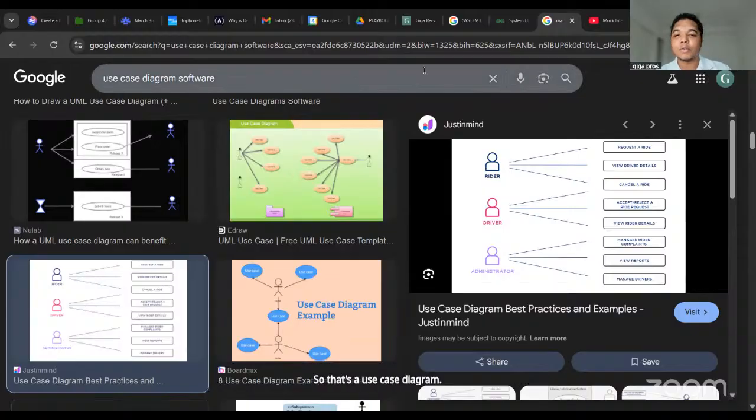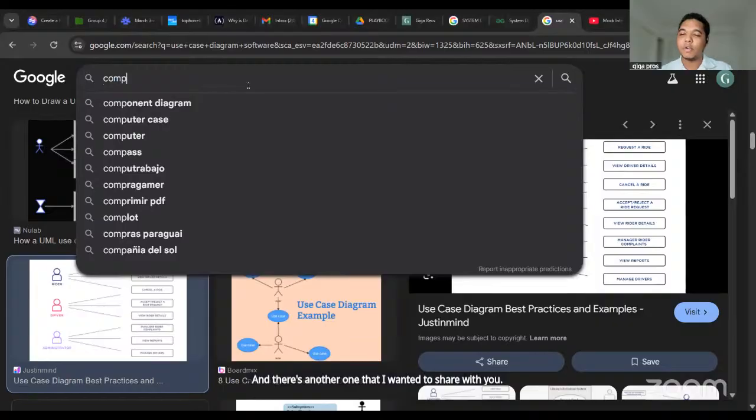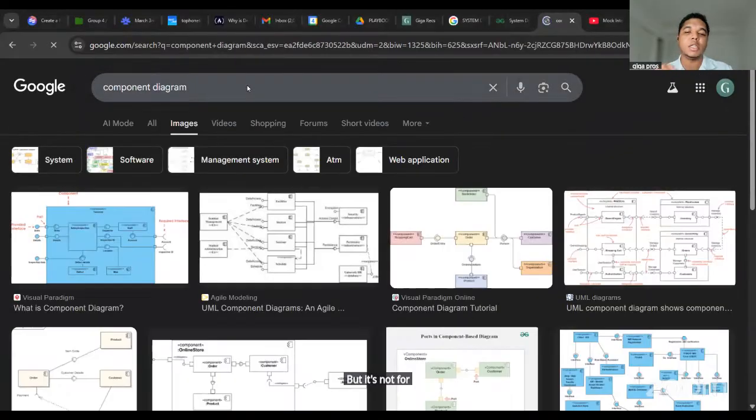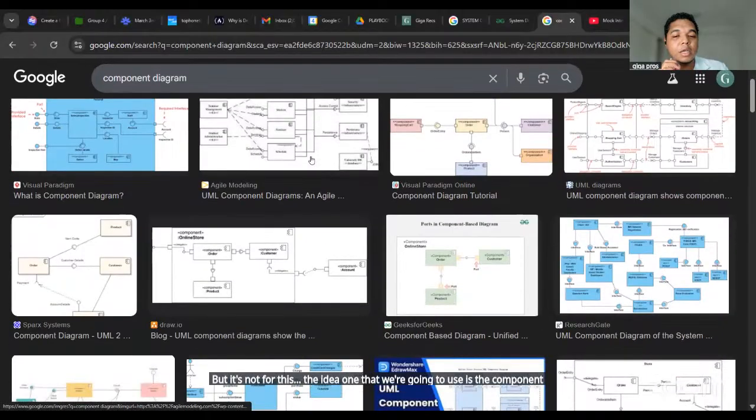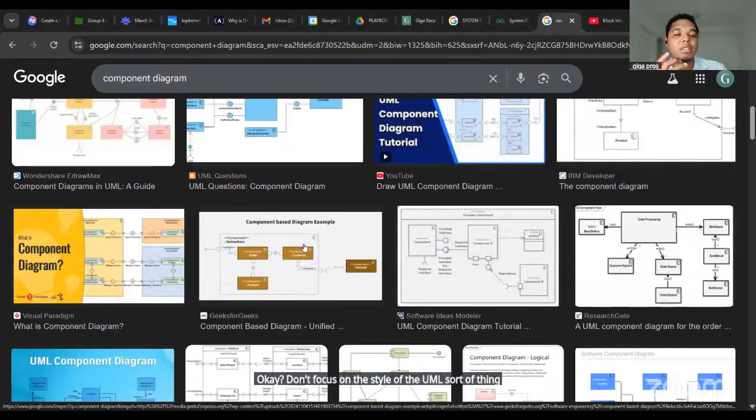Or you can also see other types of diagrams. You have the component diagram as well. And there's another one that I wanted to share with you, but it's not for this. The ideal one that we're going to use is the component diagram. Don't focus on the style of the UML sort of thing, because you're going to draw it, but how